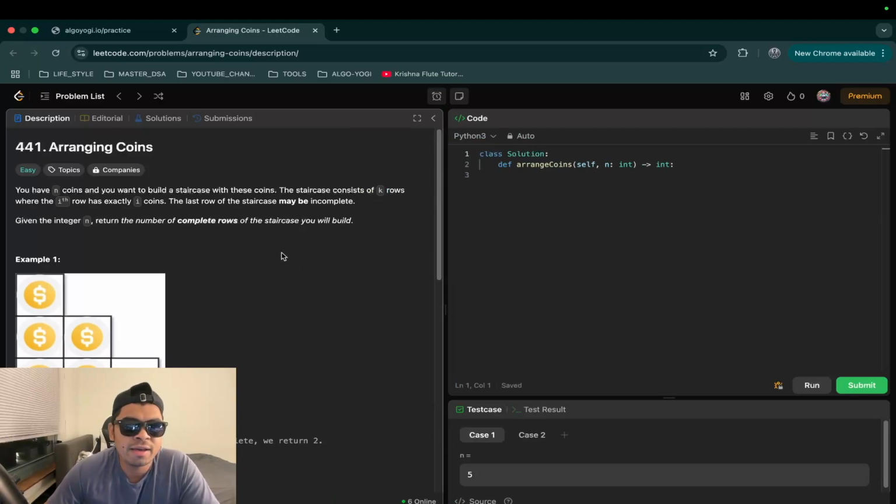You have n coins and you want to build a staircase with these coins. The staircase consists of k rows where the ith row has exactly i coins. The last row of the staircase may be incomplete, depending on how many coins you are left with in the end when you are building the last staircase. So given the number n, which is an integer, which is basically the number of coins